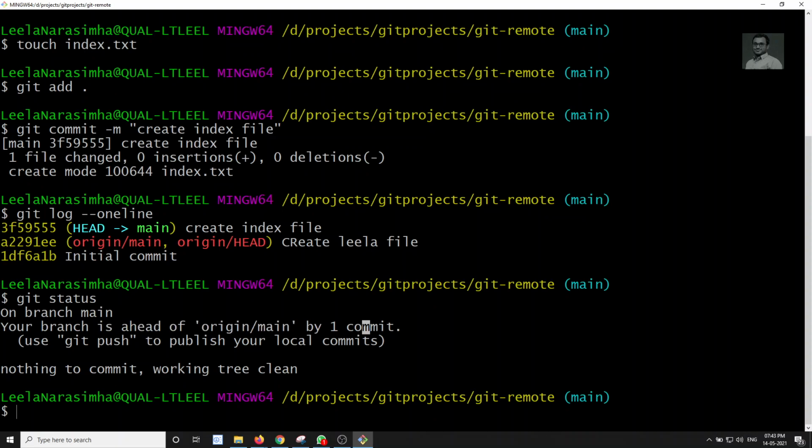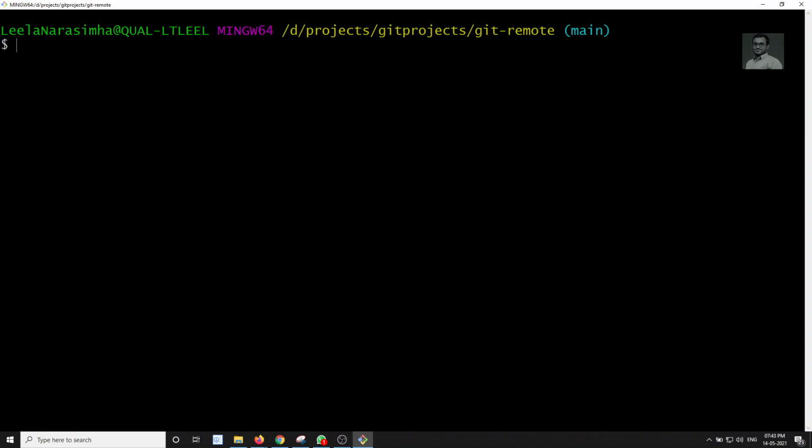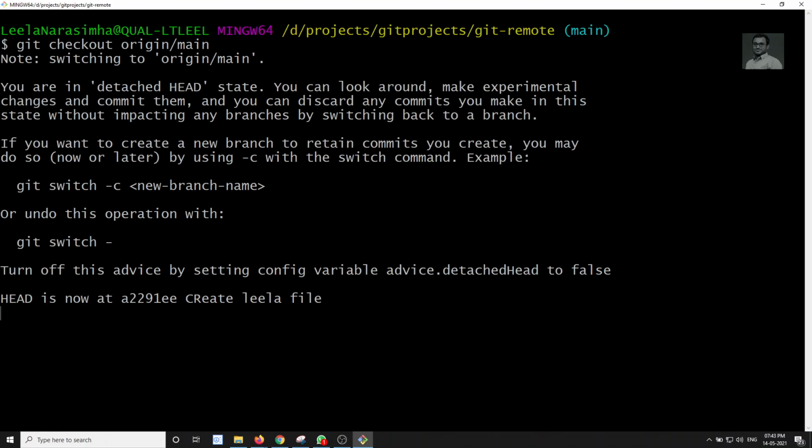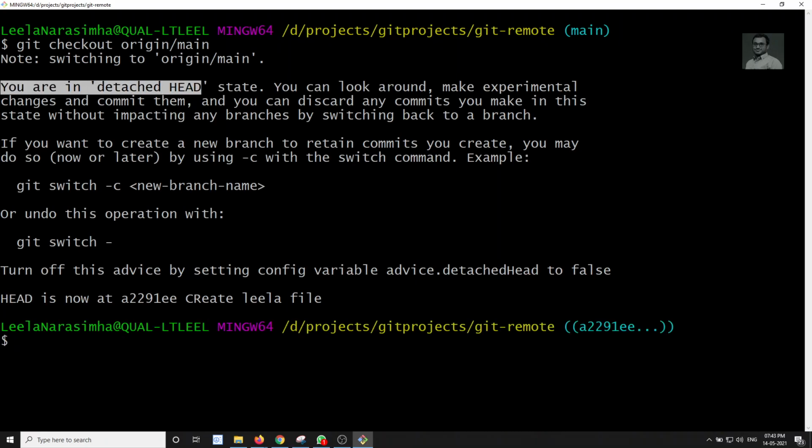If you want to know what code is present in origin main, you can directly do git checkout origin/main. But what will happen is you will be in a detached HEAD. In the local, the HEAD is pointing to the local main branch, which is one commit ahead, but here we have switched to origin main.